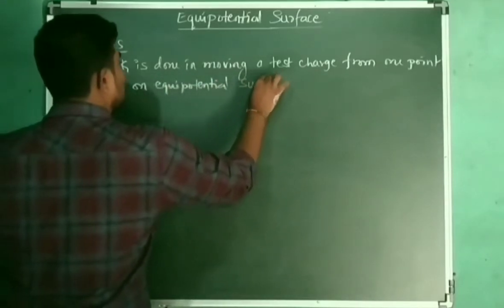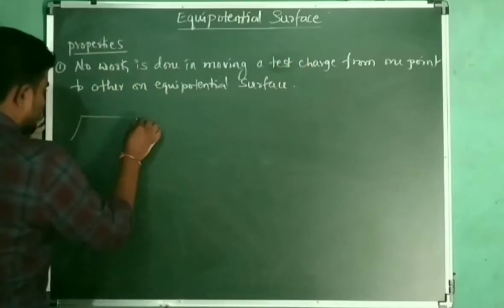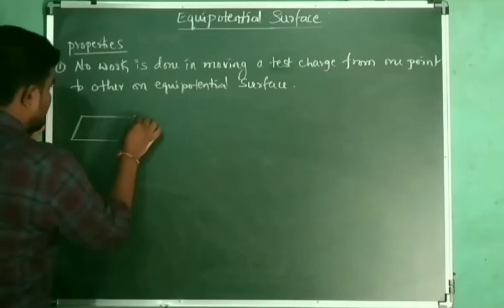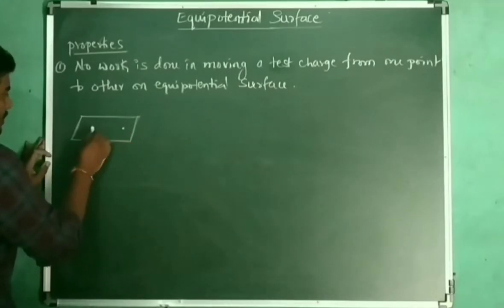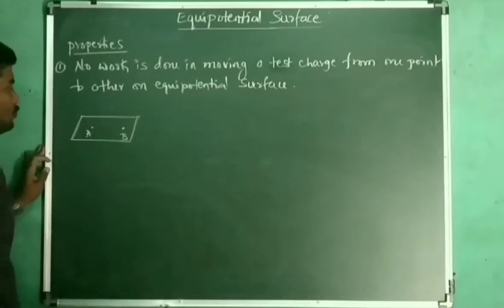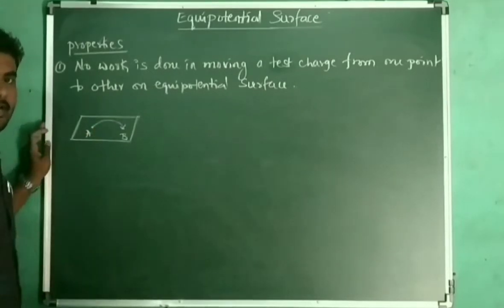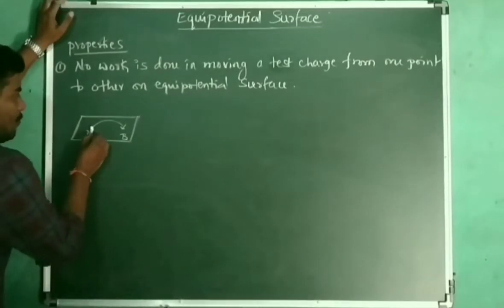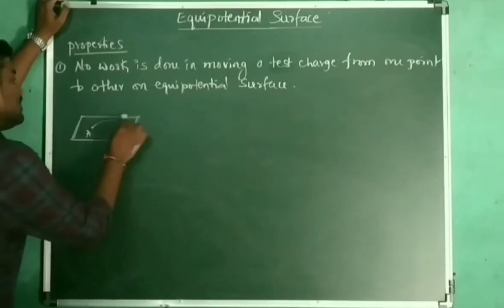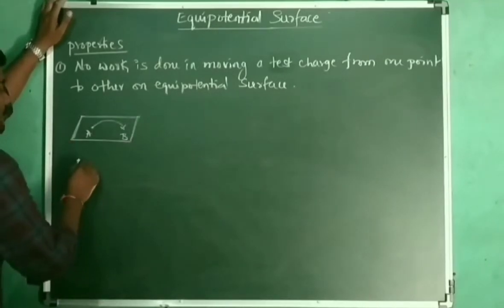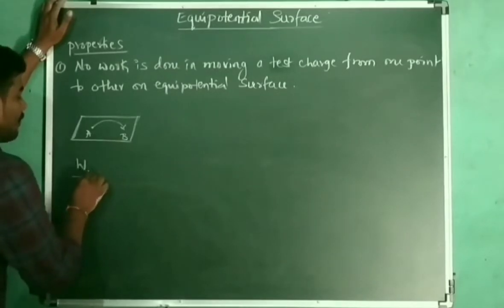On the equipotential surface. Its meaning is, if I consider one surface, one equipotential surface, and then consider two points A and B. If you want to move a test charge from A to B, then there has to be no work done, because at this point and at this point the potential is the same, then and only then can I treat this as an equipotential surface. According to the definition, the work done on a test charge in moving from A to B